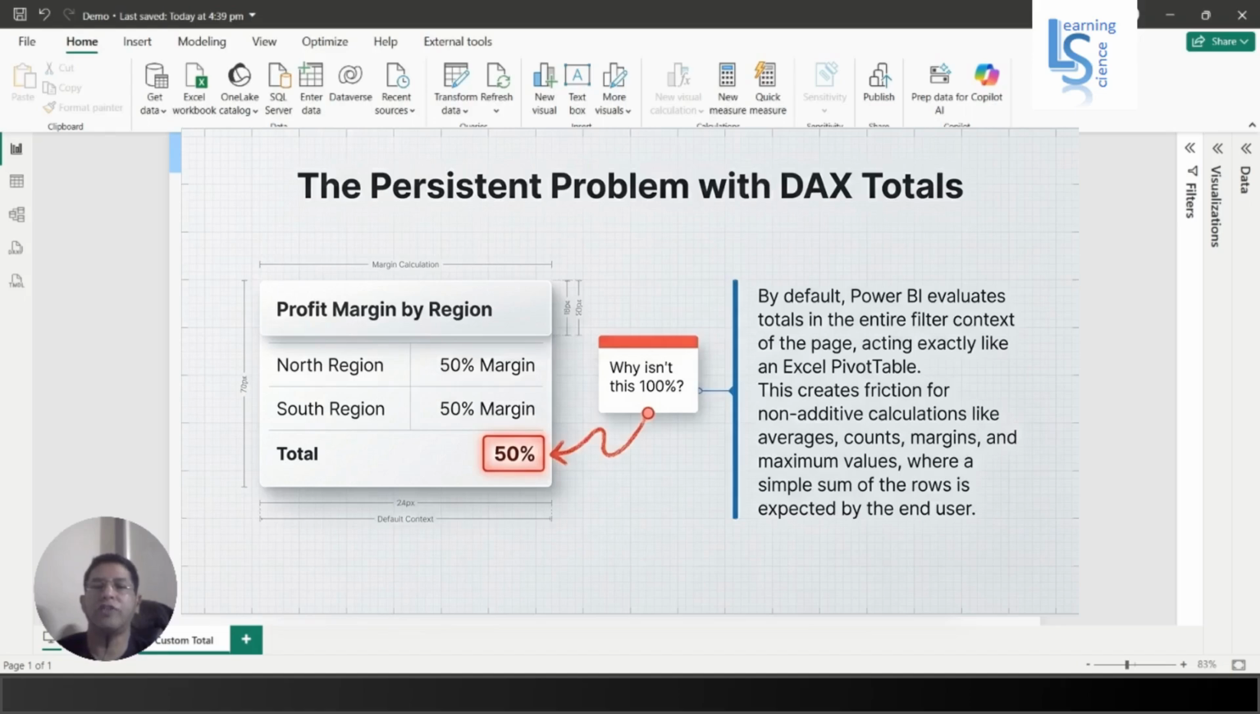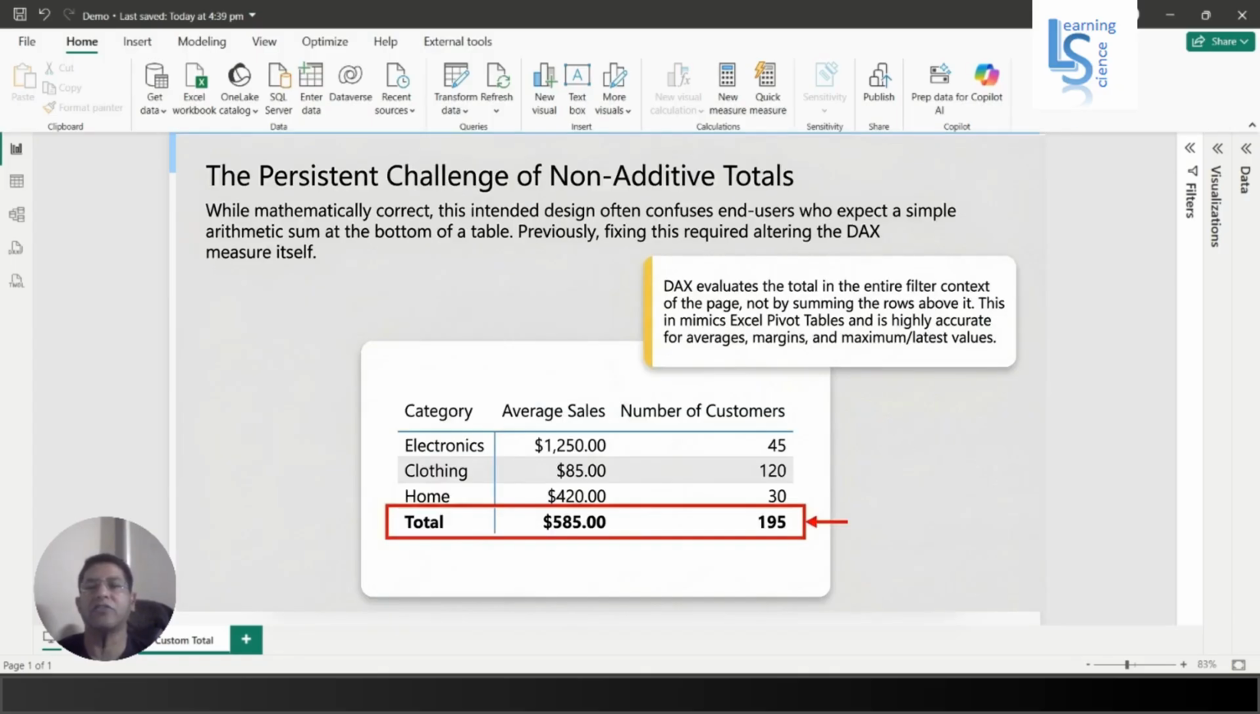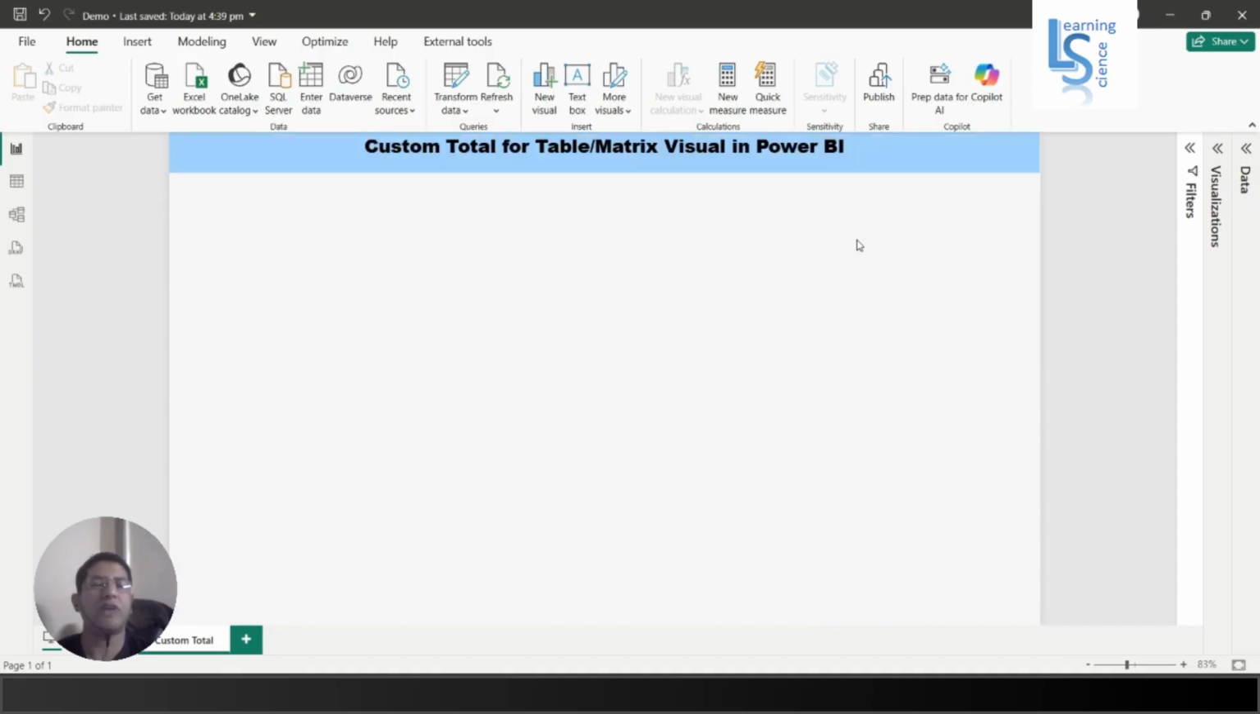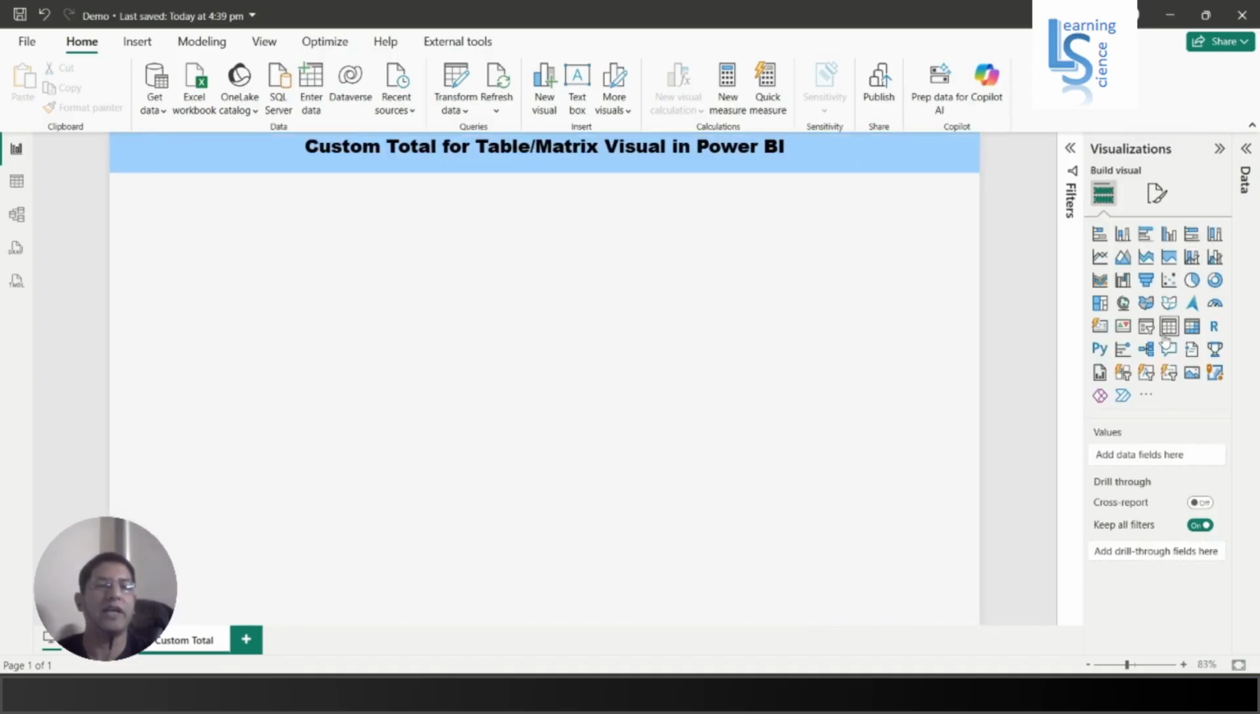You often notice that the sum of the total for a table or matrix visual is not the way you want, because Power BI evaluates the measures in the total row across a filter context. This has been addressed in the March 2026 Power BI update. You just need to enable the visual calculation and ensure that your Power BI Desktop is updated to the March 2026 release. First, I will add a table visual from the Power BI visual gallery,